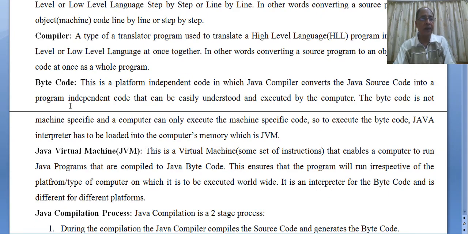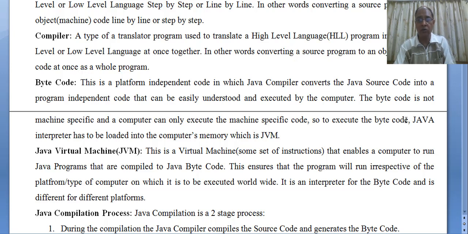Third point is bytecode. Now this is very important when we understand the Java language. This is a very important concept. Bytecode. What is a bytecode? This is a platform independent code in which the Java compiler converts the Java source code into a machine independent program code that can be easily understood and executed by the computer. The bytecode is not machine specific, and a computer can only execute the machine specific code.